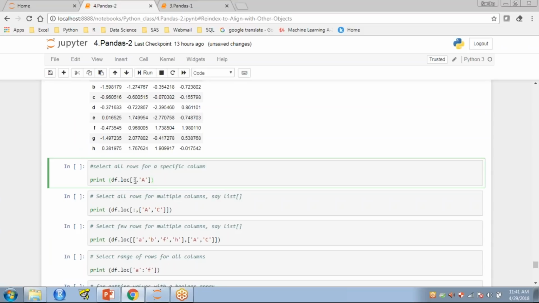First, in R what we were doing was df, the data frame, with square brackets, where we give first a blank and then the column name. This is what we were doing in R. If you give a blank here, it considers that you need to select all rows and the third column, and it will print those things. But here you need to use this